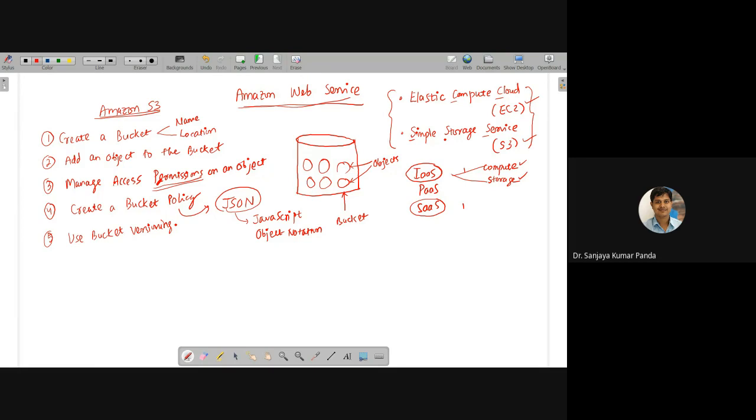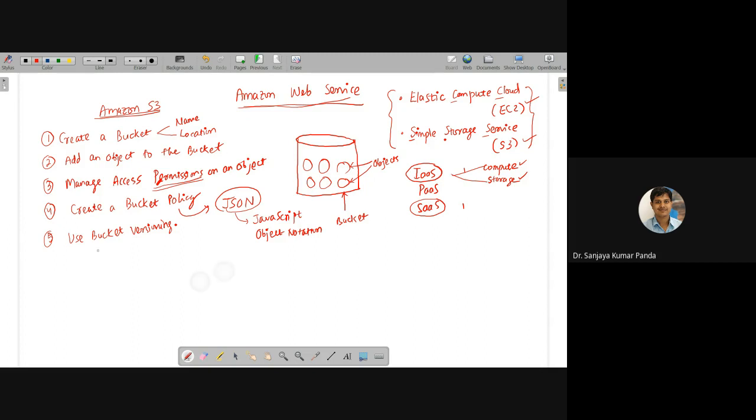So why maintain the versions? Because sometimes we need to change files, right? Suppose you have uploaded a particular file and you found that it has some bug, or there are certain things you want to add into that file, but they are not there. Then what will you do? You have to upload another file, an updated file. So that is also one type of version, right? When you are considering different versions of the same file, we need versioning.